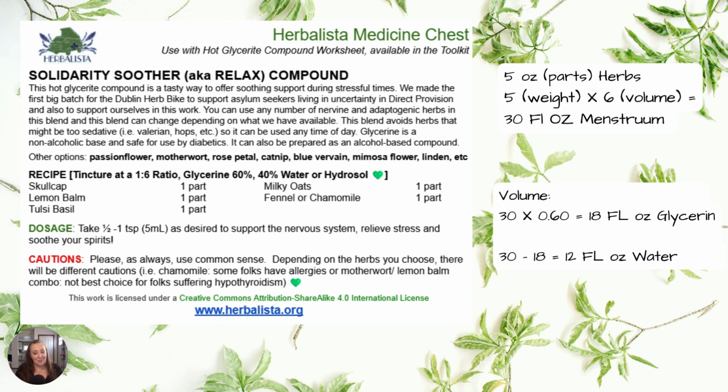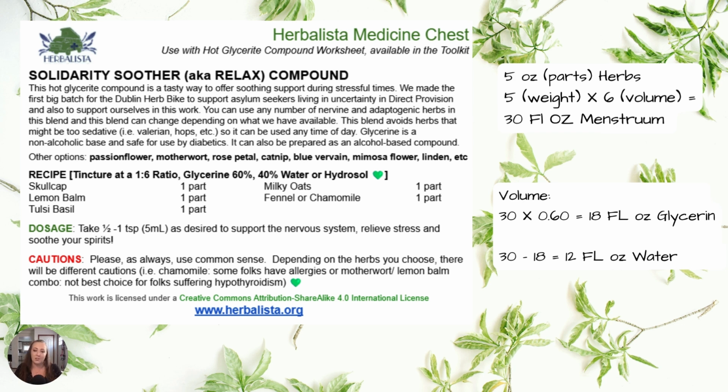So to figure out our volume, we would take 30 times 0.6, or 60%, and this is going to give us 18 fluid ounces of glycerin we require. So how I like to then figure this out, I would take 30 fluid ounces, which is the number that we need, minus 18 fluid ounces, because that's our 60% glycerin, and that leaves us with 12 fluid ounces of